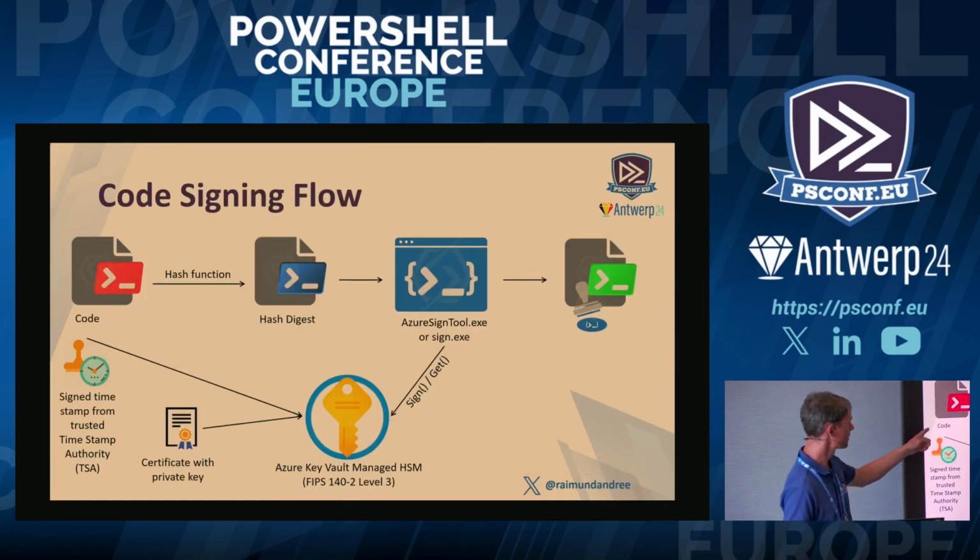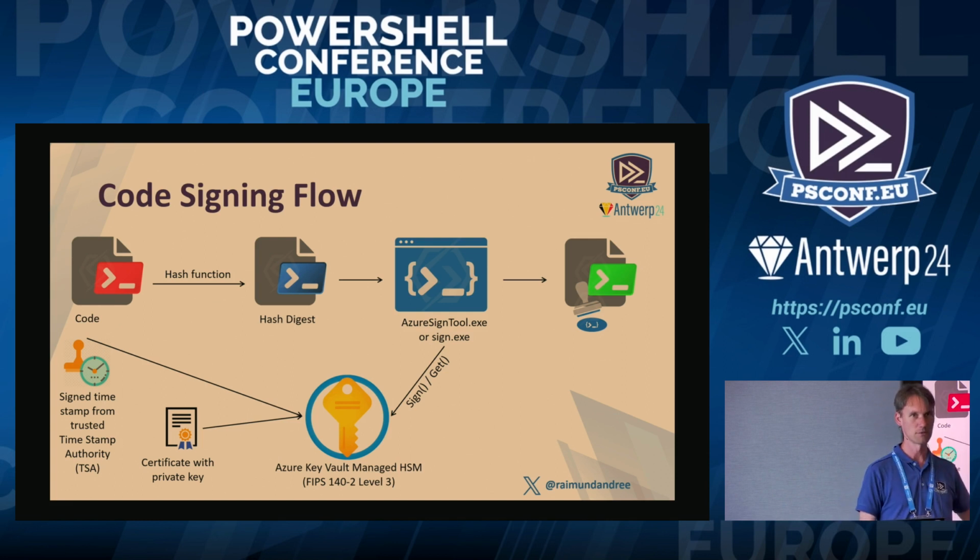So what we do, again, is we don't need to provide the full source code to Azure Key Vault, because you don't want to send all your intellectual property to a third party just for getting a signature. So what we do again, and here it's important, is that we are only sending the digest to Azure Key Vault, right? We don't have access to the private key. So we ask Azure Key Vault with the get and sign operation: here is my digest, please do whatever you have to do to create a signature,